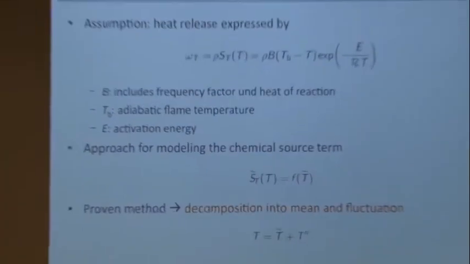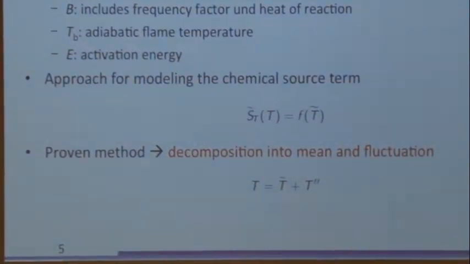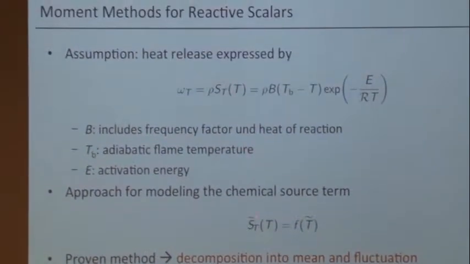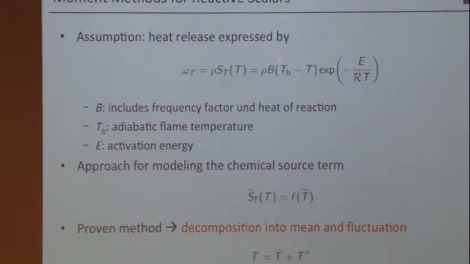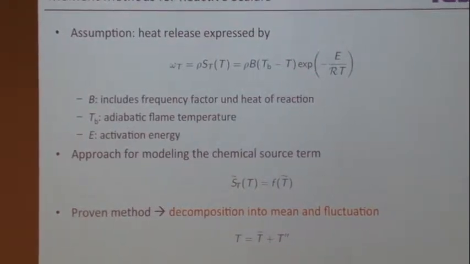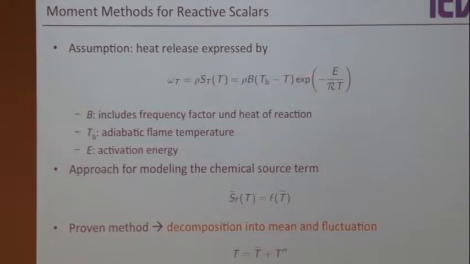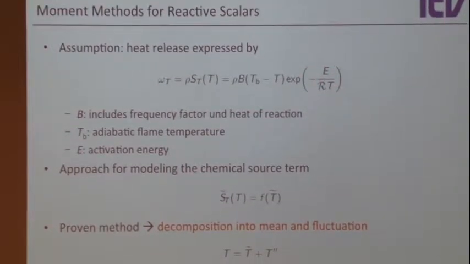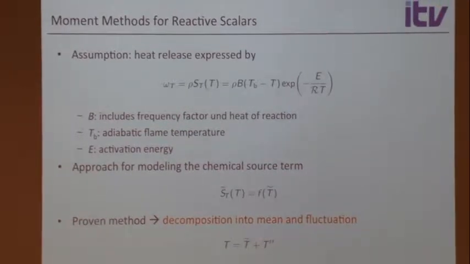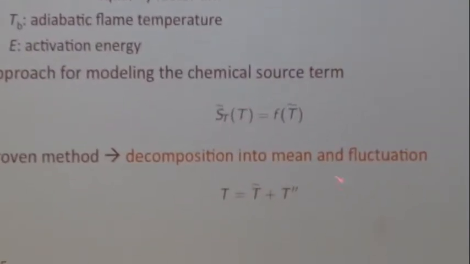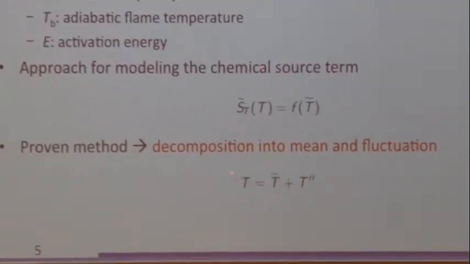And then one way would be to say, okay, maybe the mean source term, maybe I can just express that in terms of the mean quantities. So I say S_T mean, this here, would then be equal to rho_b times (T_b minus T mean) times exponential of minus E over R T mean, okay? Neglecting all the correlations that you get because you have a nonlinear function. Okay, that's one thing. We want to see how wrong is this? Is this wrong at all? And to do this, we just